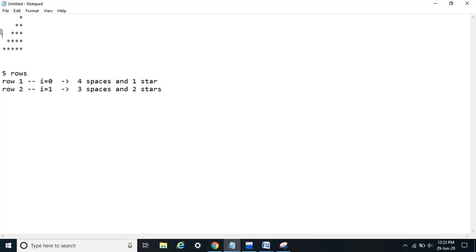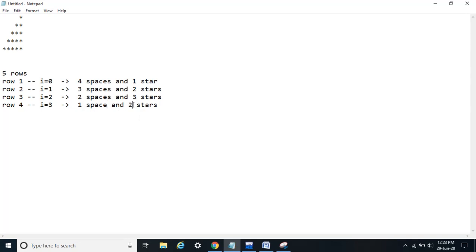Similarly, in row 3, or when I is equal to 2, we have 2 spaces and 3 stars, and so on. In the fourth row, or when I is equal to 3, we have 1 space